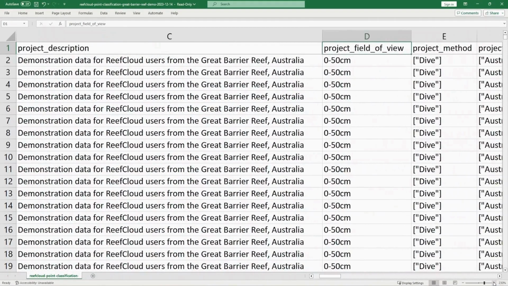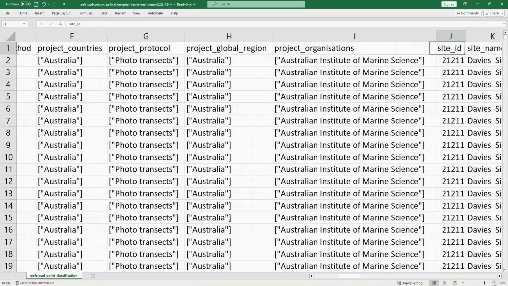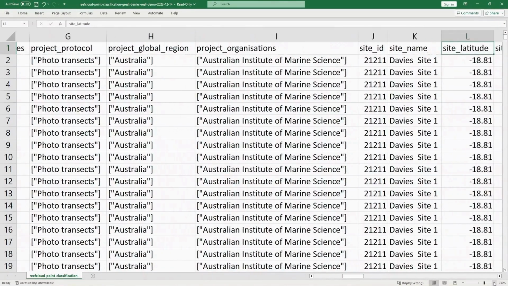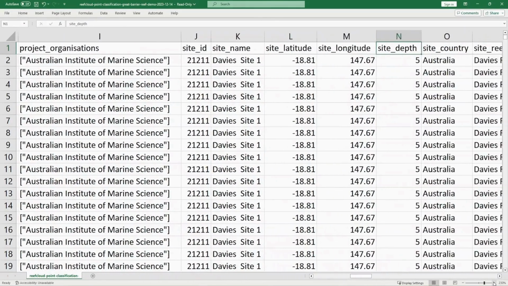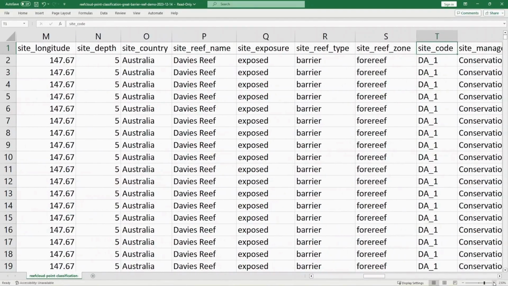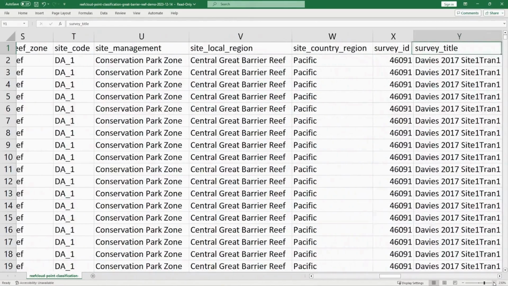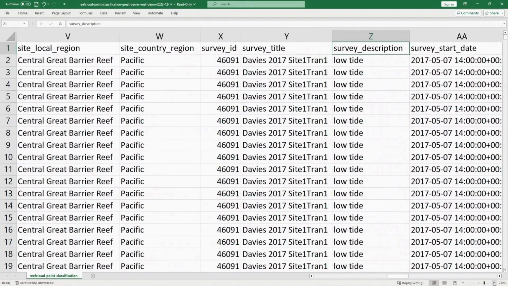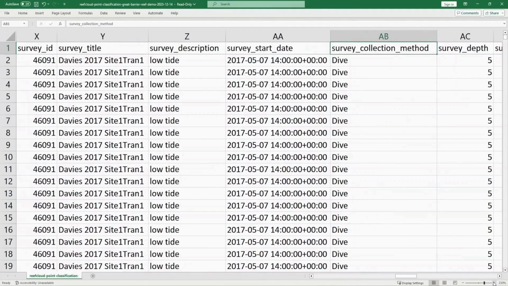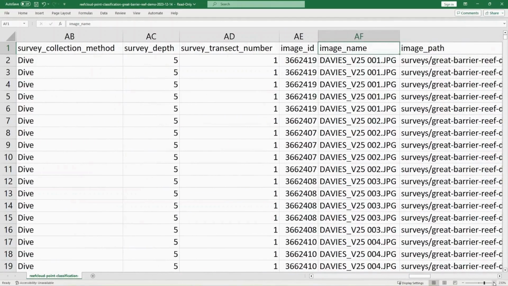There is also general metadata, such as regional information, site information, survey IDs, dates, collection methods, depth, and image ID.